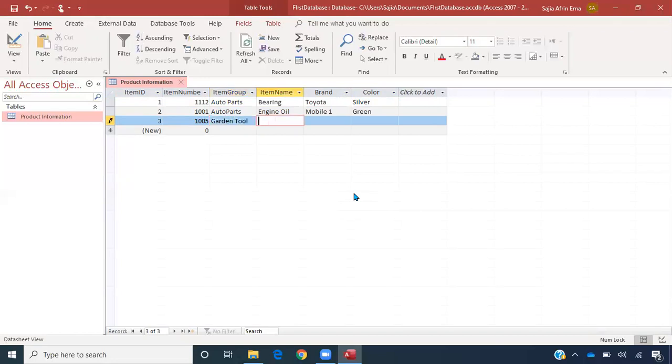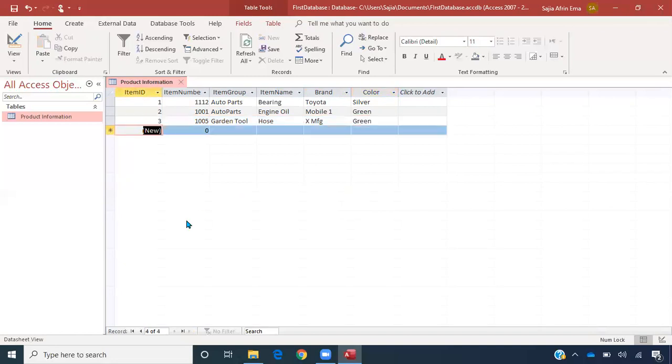Okay. It's probably just a hose. The brand is some X manufacturer. Color is green as well. All right. Now, if you look into this data we have on this table, you can see we have